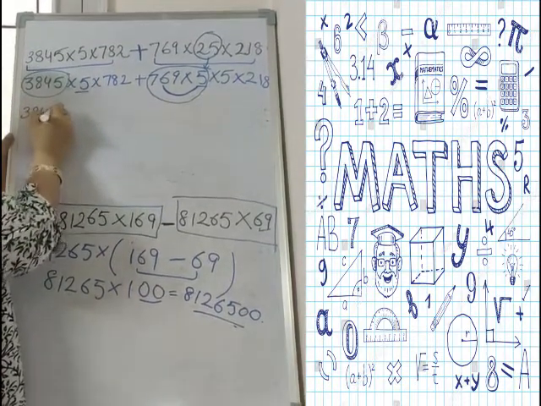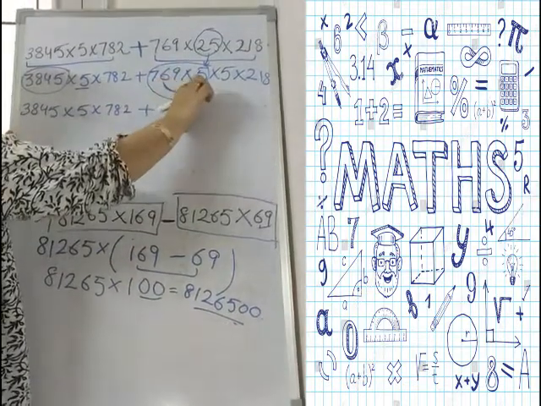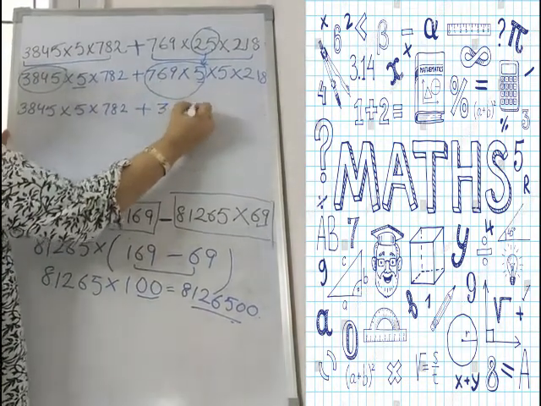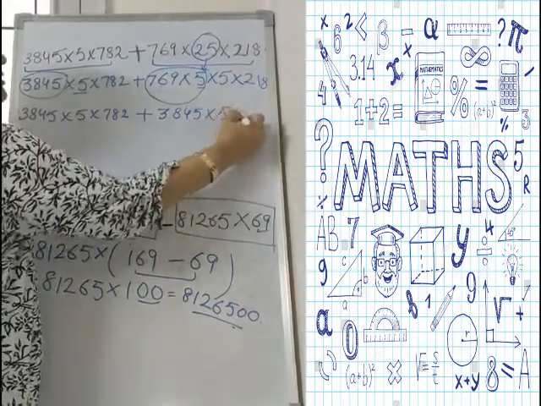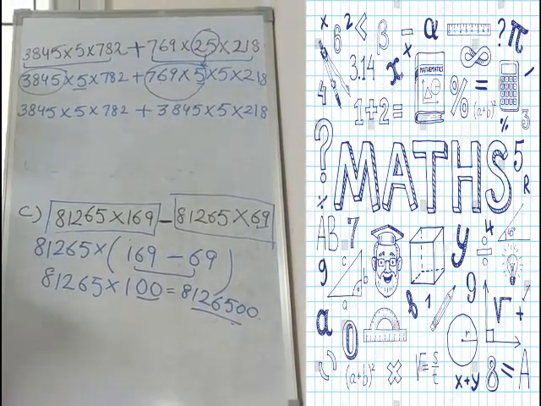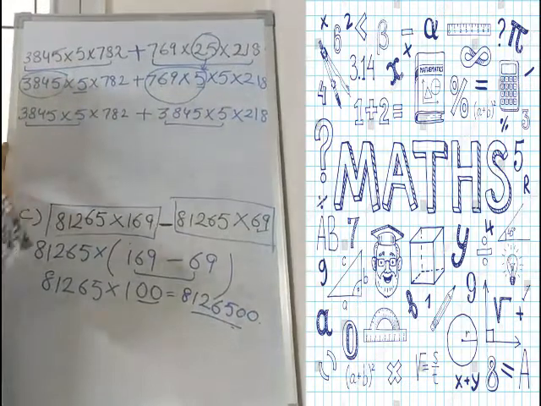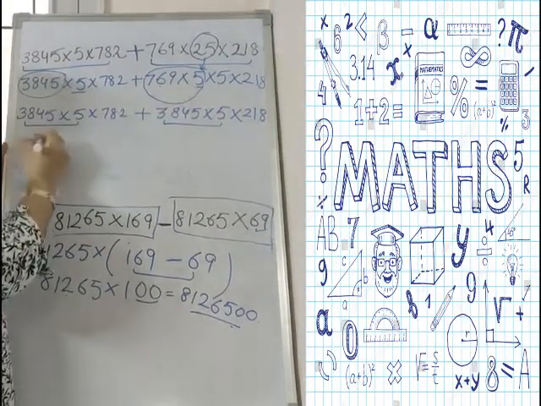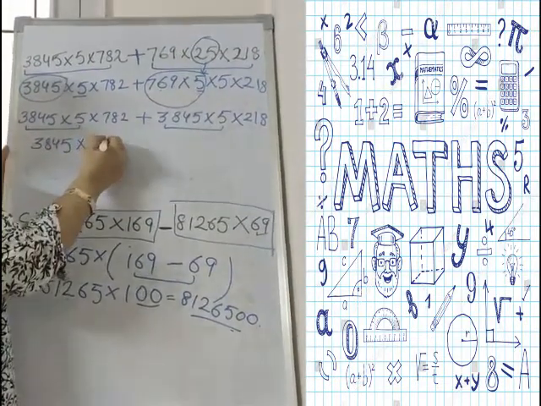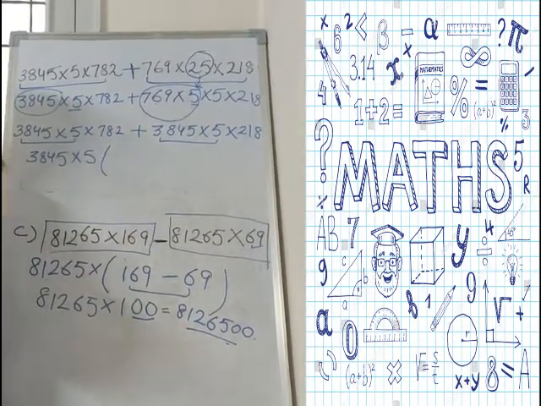So I am writing this as it is, plus this number. When you club these two numbers, you will get 3845. Rest of the numbers as it is I am writing. Now I think it is your old question. You can easily see which numbers are common here. I think you can take both the numbers outside the bracket. So I am writing this number out with multiplication sign, or you can skip this sign because we are putting bracket here.